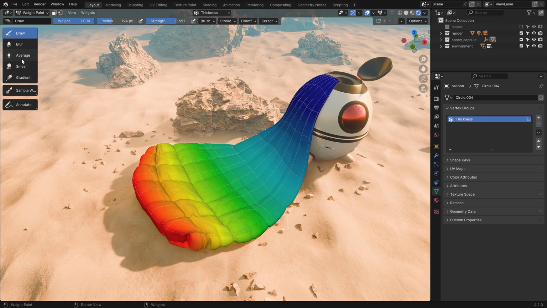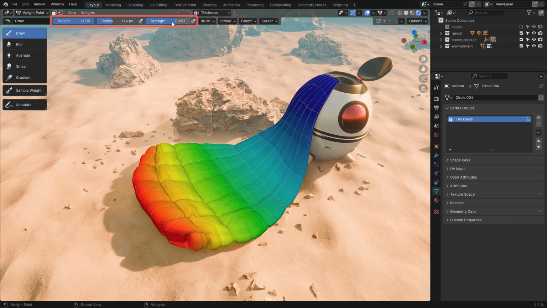By the way, if you can't see the names over here, just go to the right side until this little double arrow appears, left click and hold, and then you can drag this to the inside or to the outside to either get only the icons or the icons and names. And first of all, let's stay here with the draw tool and let's have a quick look at the most